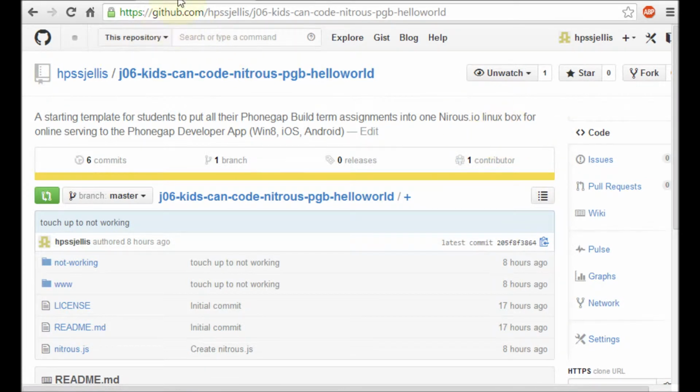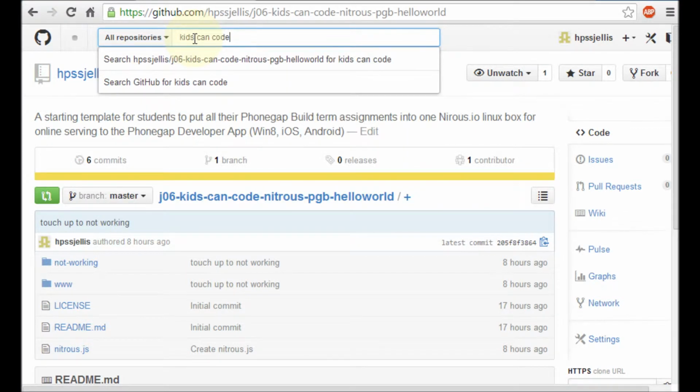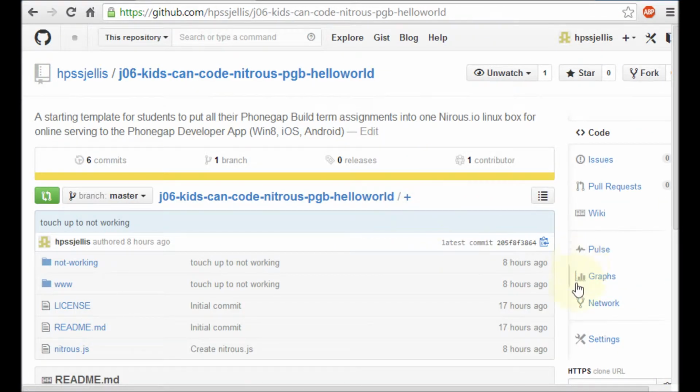So the first step is you're going to get into GitHub. You probably wouldn't even have to log in and just write kids can code. If you type that in, you should eventually get to my repository. It's J06, Kids Can Code. The J06 just means the level of difficulty. This is just a setup